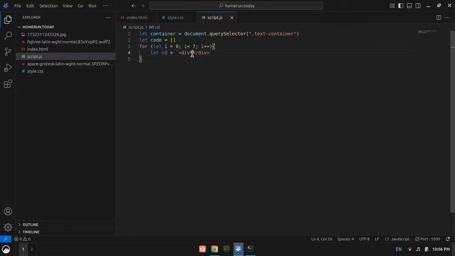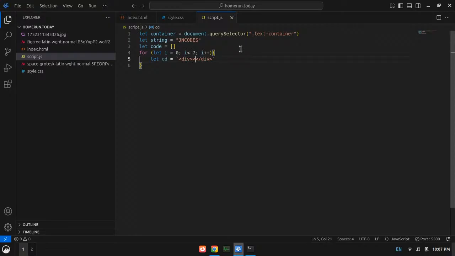Now what do I need inside this div? I need the letters, so let string equal to jn codes, right?